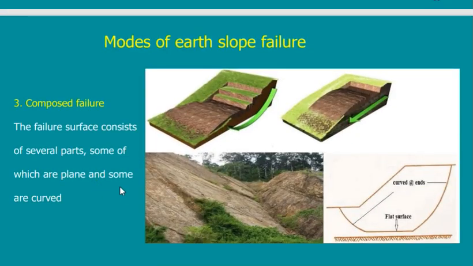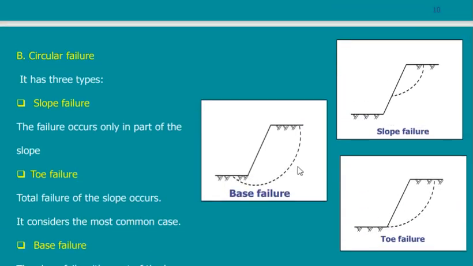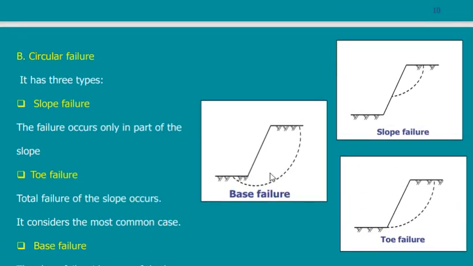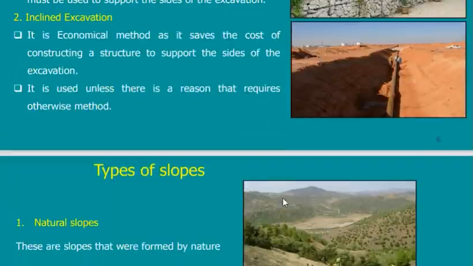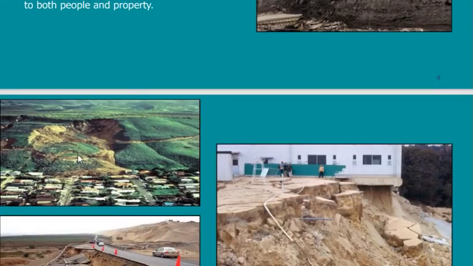Usually, and this is the problem, none of these happens. It's a combination of everything. Part of the slope is slope failure, and the other is toe failure, and the other is base failure, and so on. And it is not always circular, part straight line, part polynomial, everything happening together. That's why when you look at something like this, you really cannot define